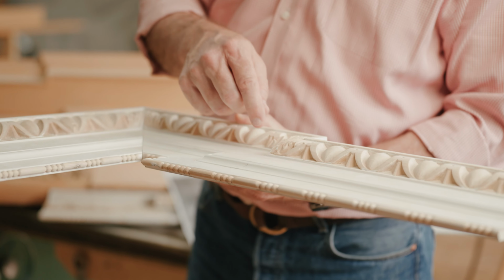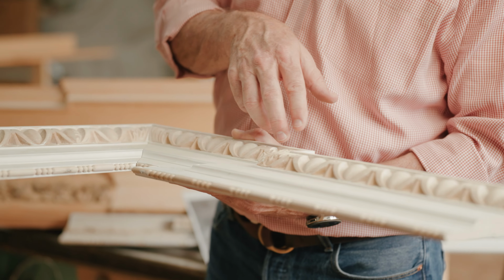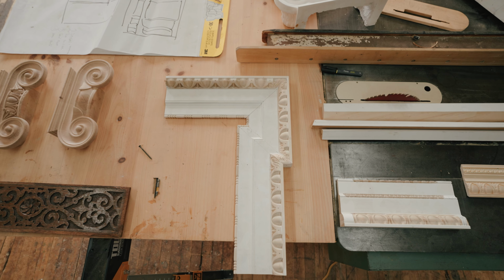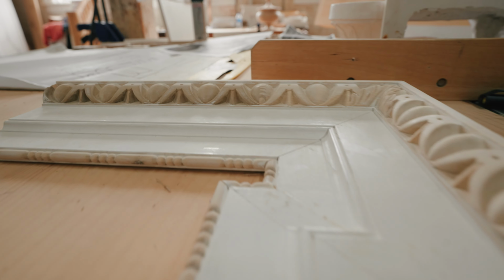And talk about layout, right? On the corners, there's not just an egg and dart that just rolls around the corner. There's actually a leaf detail carved in here. So anytime these things meet, there's a pretty detail here. And realize that as a craftsman, you have to lay this out. This isn't just, oh yeah, I'm just going to dot, dot, dot. It's got to be carefully laid out. This has to line up in the middle, still line up with this bead. And all these other elements come together, and you realize the craft and the careful study and careful layout that